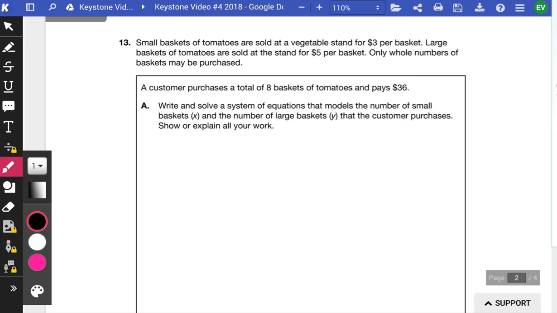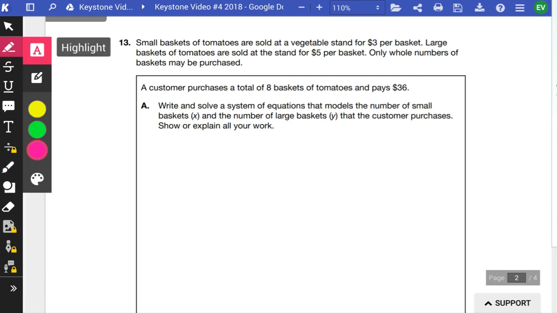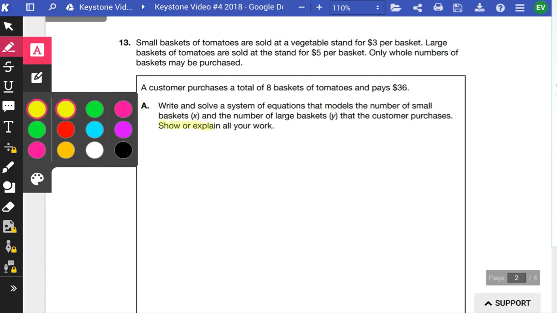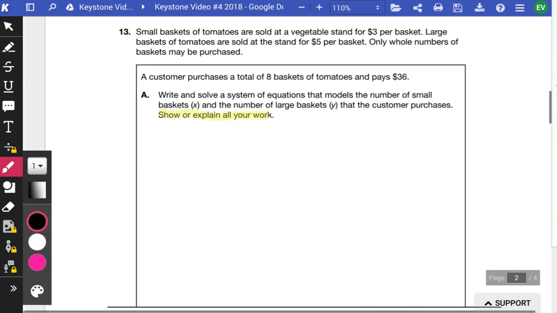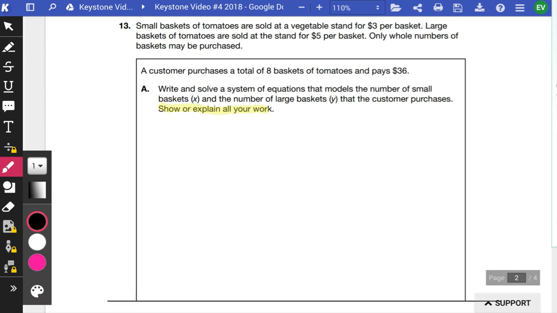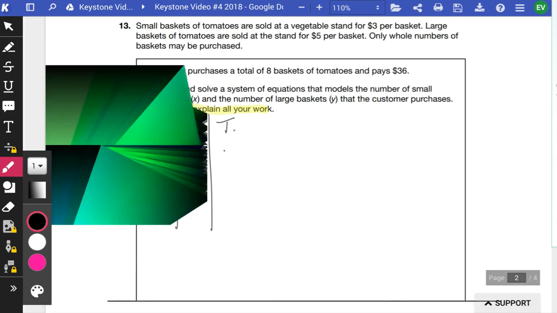Show or explain all your work. So this is really, really important. Show or explain all your work. So please make sure that you're doing that when you're finally all done. So for me, this is a system of equations. So we're going to gather some information. So we have large baskets, we have small baskets, and we have some sort of a total. I'm just going to put things together